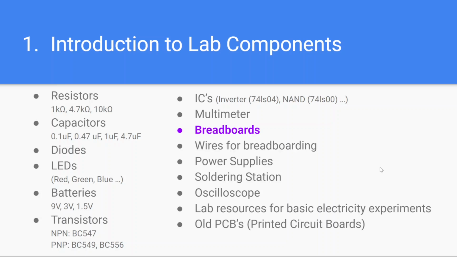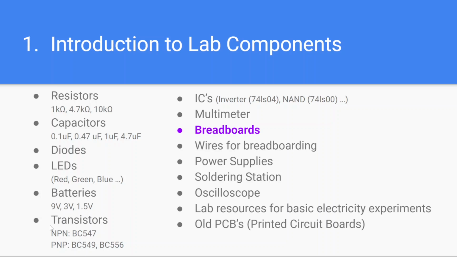So in the lab you'll be performing labs. You will be working with these particular components. As you can see here, you have resistors. These are the values of the resistors: 1 kilo ohm, and this symbol is basically used for ohm, 4.7, 10 kilo ohm. You'll be working with capacitors of these values, microfarad, that's what it stands for. You will be working with diodes and LEDs. You will learn that LEDs are basically diodes. You'll be working with batteries of 9 volt, 3 volt, 1.5 volt, 1.45 volt batteries are pretty common. Like AA size, AAA size batteries we use very frequently at home or in offices. Most of those AA, AAA size batteries are 1.5 volt